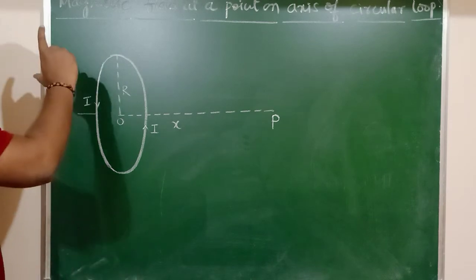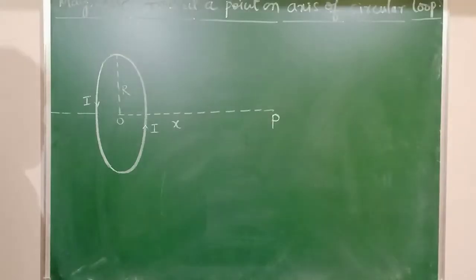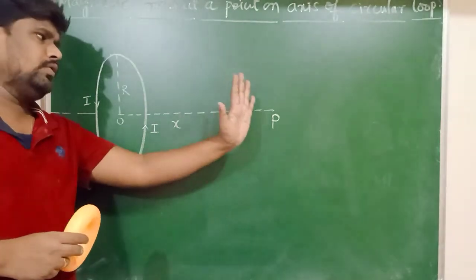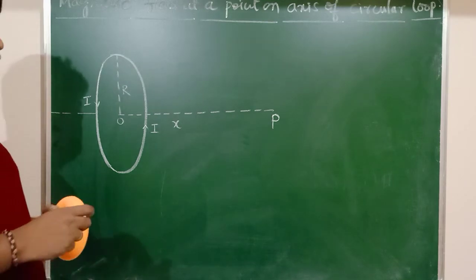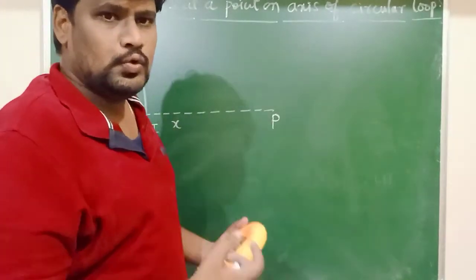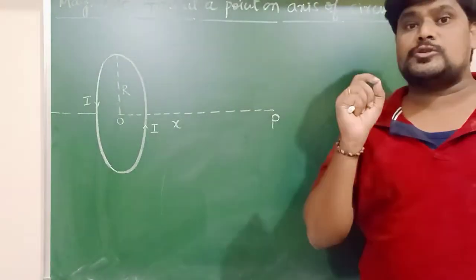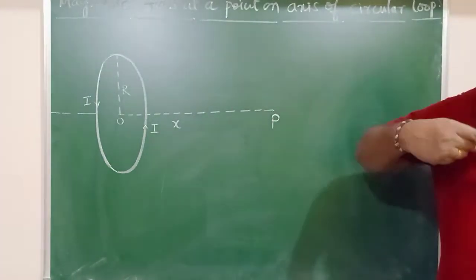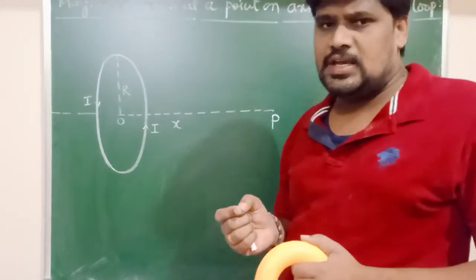In order to calculate the total magnetic field at a point P, we are making use of Biot-Savart law here. Now using the Biot-Savart law, let us calculate the magnetic field at this point P. You know that Biot-Savart law is generally used to determine the magnetic field produced by a small current element. Now instead of taking the entire conductor, we are just taking